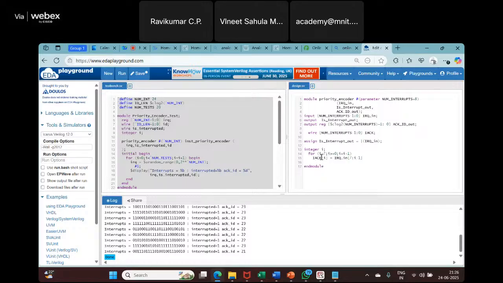See, for the case of I equal to 7, now we have to say I plus 1 maybe. No? See, let us take the case of 5. So 6 and 7 should not be interrupting. Okay. So we can possibly write